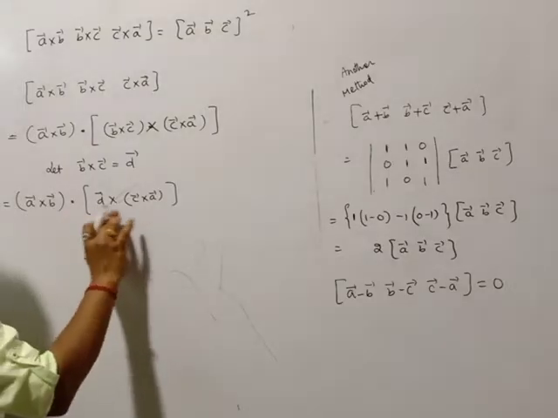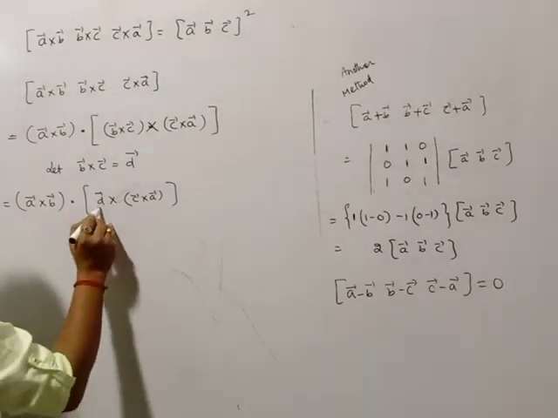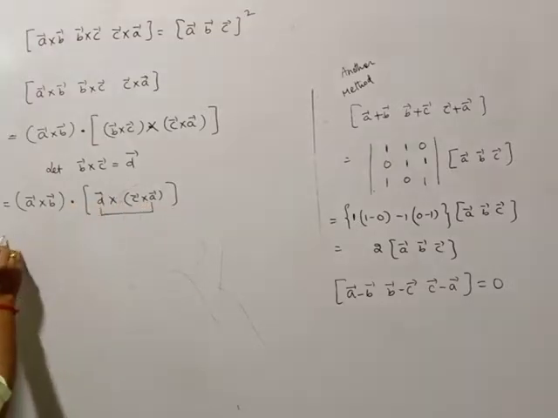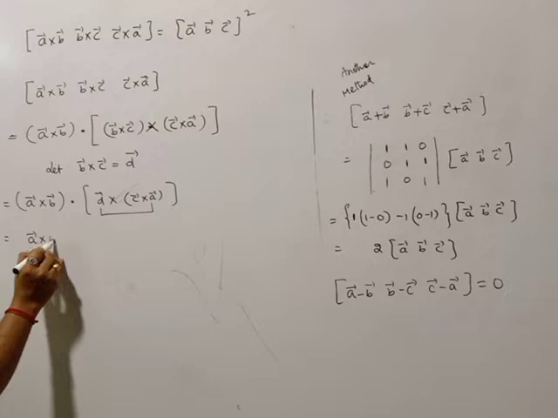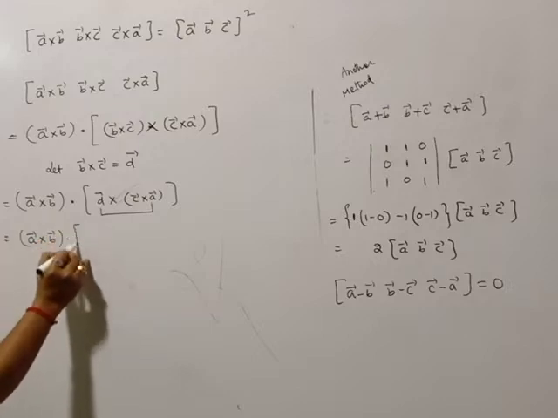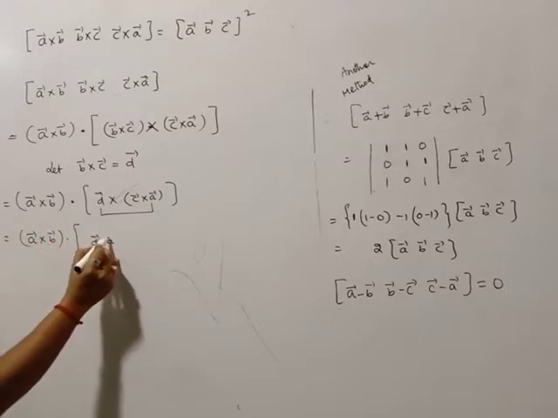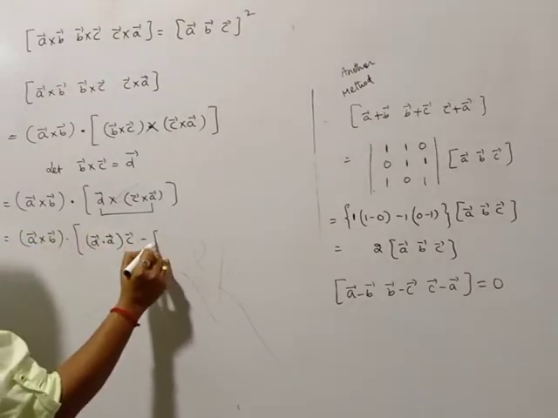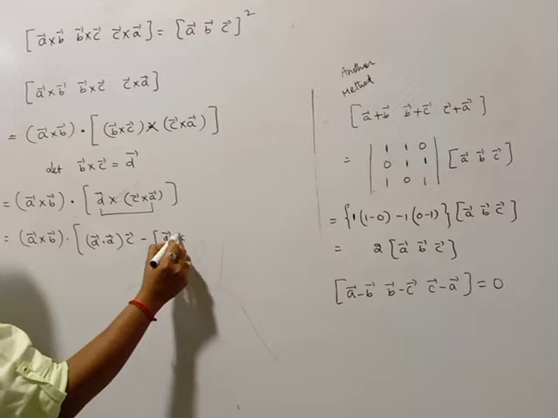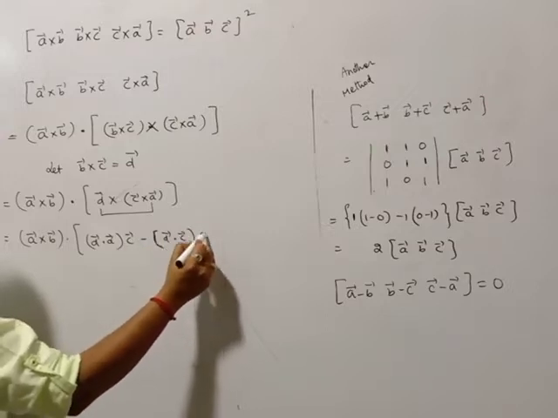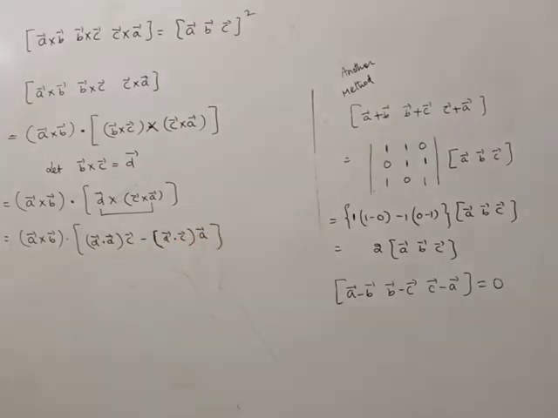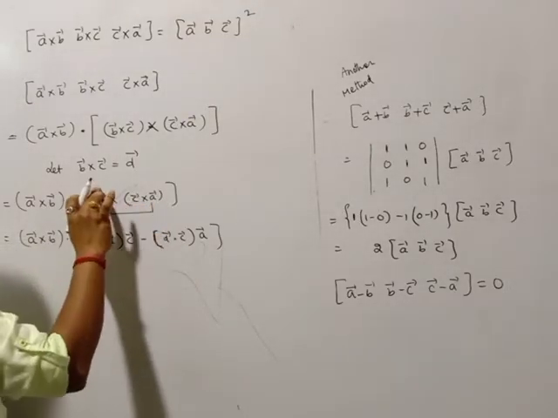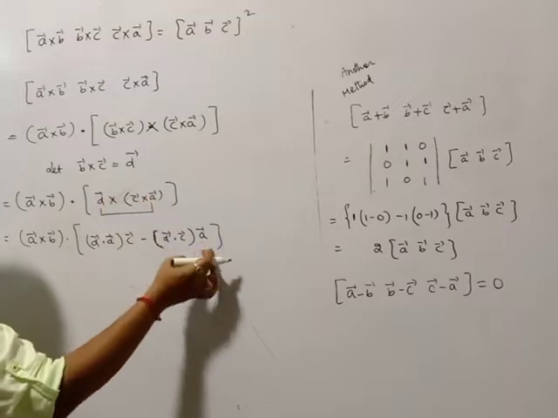So this is the cross product of 3 vectors, which we discussed in the previous class. What you did first: the third one into the second one. That is a bar cross b bar dot bracket open d bar dot a bar into c bar minus d bar dot c bar into a bar. First vector dot third vector into second vector, minus first vector into second vector dot third vector.